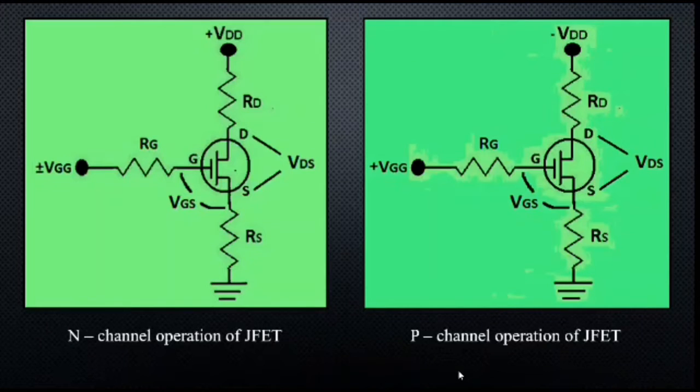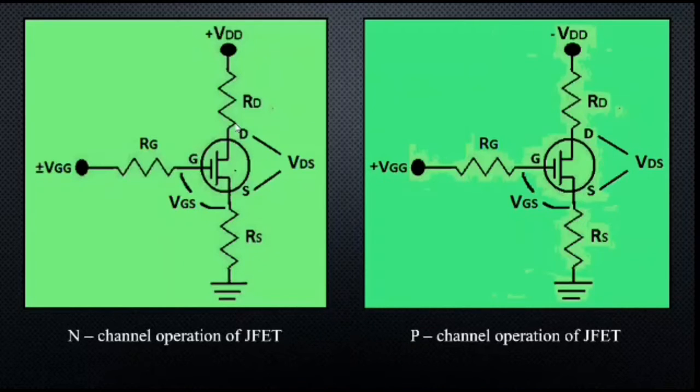For turning on an N-channel JFET, a positive voltage VDD has to be applied to the drain terminal of the transistor with respect to the source terminal, such that the drain terminal is appropriately more positive compared to the source terminal. Thus, current flow is allowed through the drain to source channel. If the voltage at the gate terminal VGG is 0 volts, then there will be maximum current at the drain terminal and the N-channel is said to be in on condition.